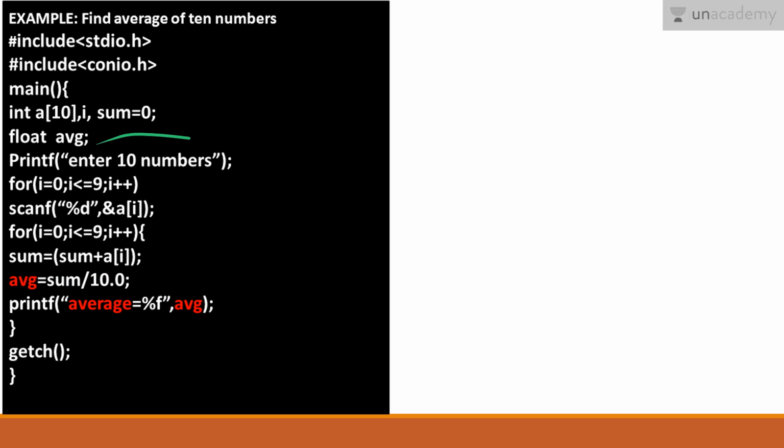So when i is equal to 0, then the value at a0 will be added to sum, which is 0. Then 0 plus value of ai will be ai.